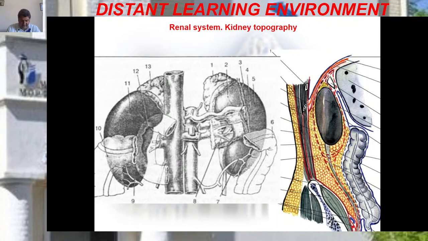Outside this fibrous capsule, particularly in the region of the hilum and on the posterior surface, is a layer of loose fatty tissue forming the fatty capsule. You may see this fatty capsule on this picture, or renal fat, or capsula adiposa in Latin. The anterior surface is quite often not covered by fat. You may see the anterior surface and absence of the fatty tissue